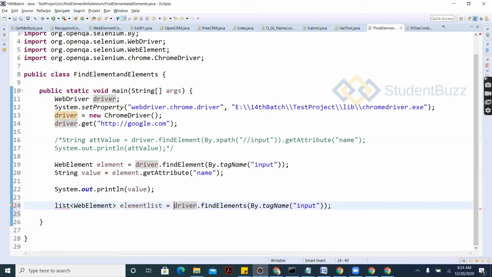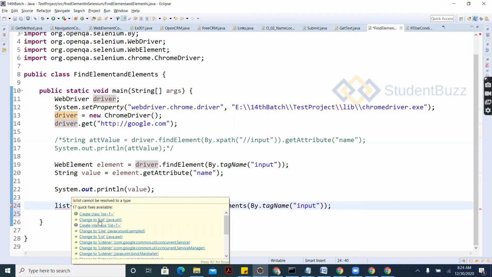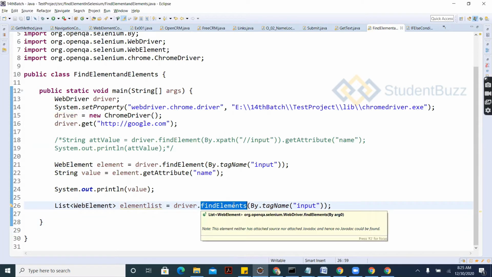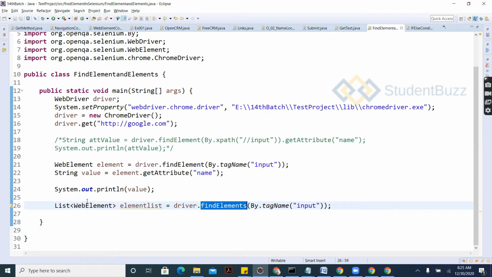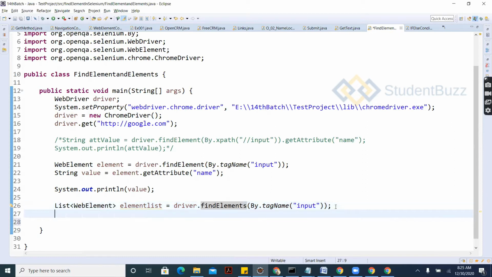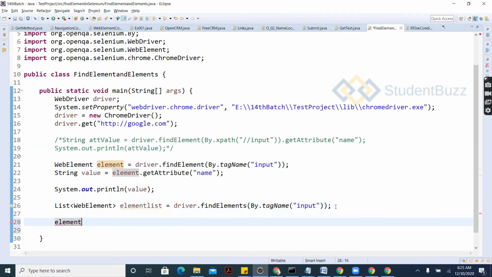See here, the List is imported from java.util. So findElements returns a list of web elements. findElements is going to list all the elements of a similar kind in the page. The return type is List of WebElement. We will store it into this List of WebElement, and then you can work with the element list.